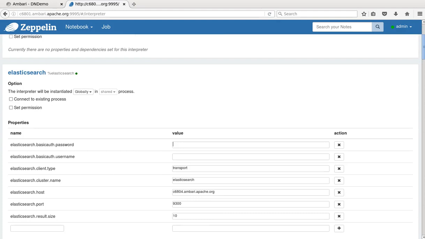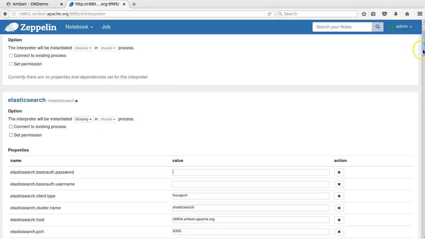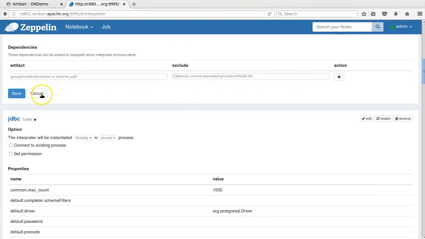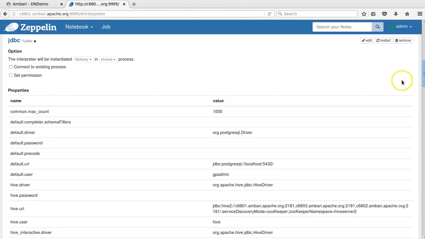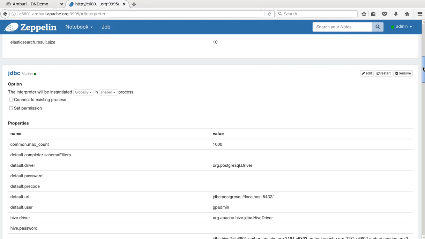And obviously, depending on the interpreter, there will be a variety of different properties that you may have to set. I have obviously set up Elasticsearch host and port and the cluster name and the transport and so on and so forth. Let's take a look at, I don't want to really change anything, so I'm going to go back and show you some of the other things like, for example, this JDBC interpreter,